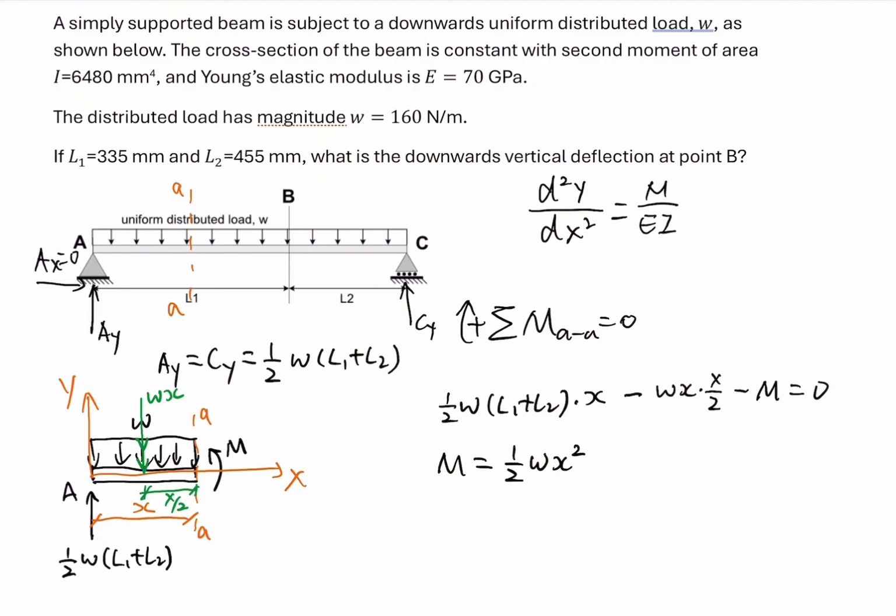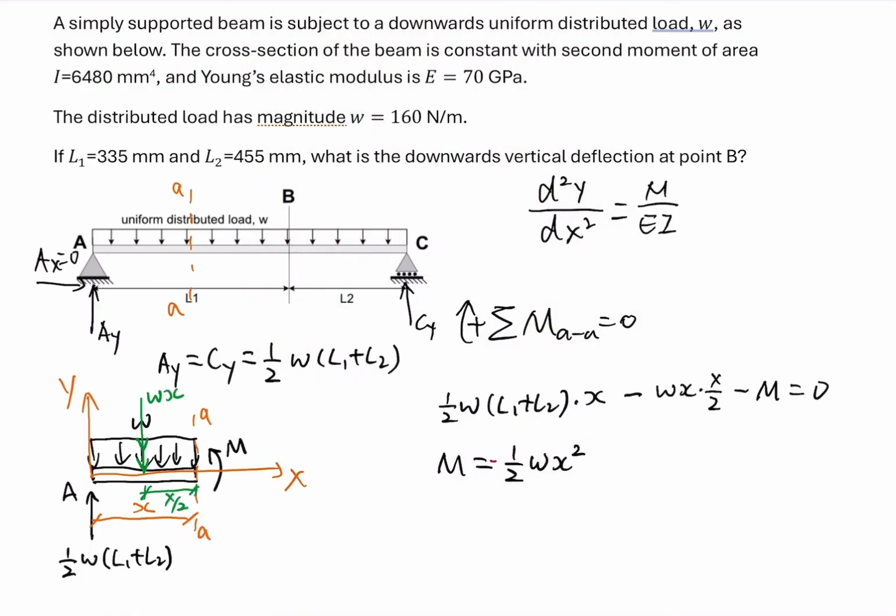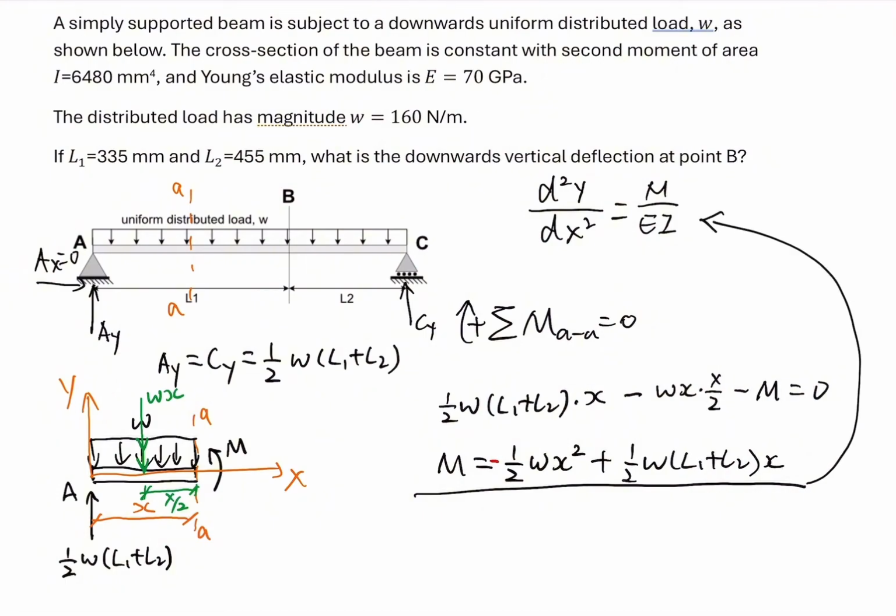So we have a negative over here, so then we add 1 over 2 W (L1 plus L2) x. So this equation is the internal bending moment equation. Once we know these equations, we can apply this expression into these functions. So we will have